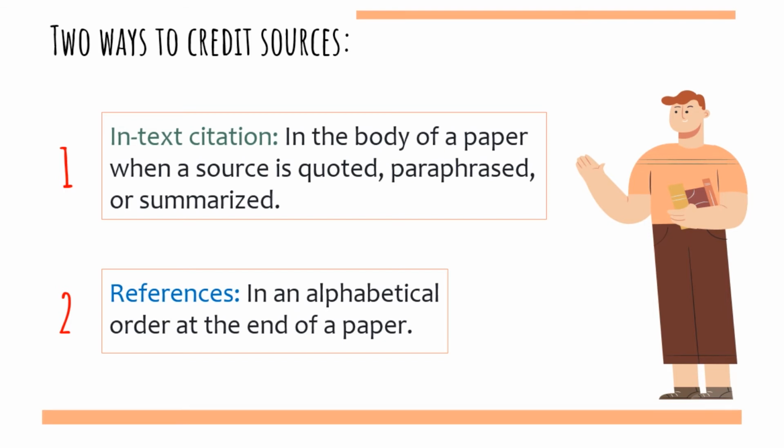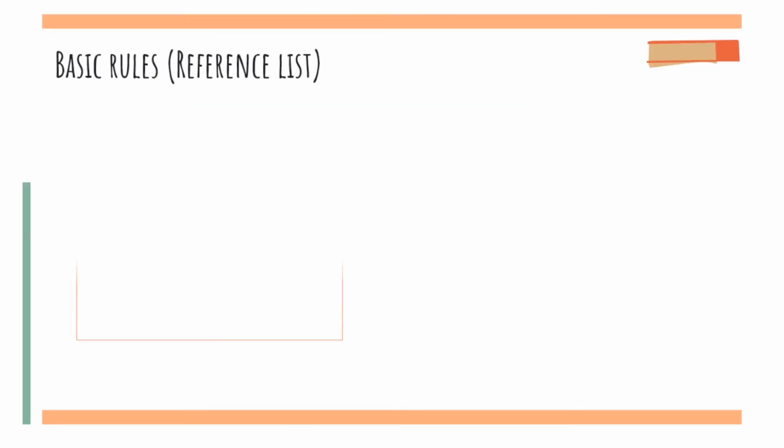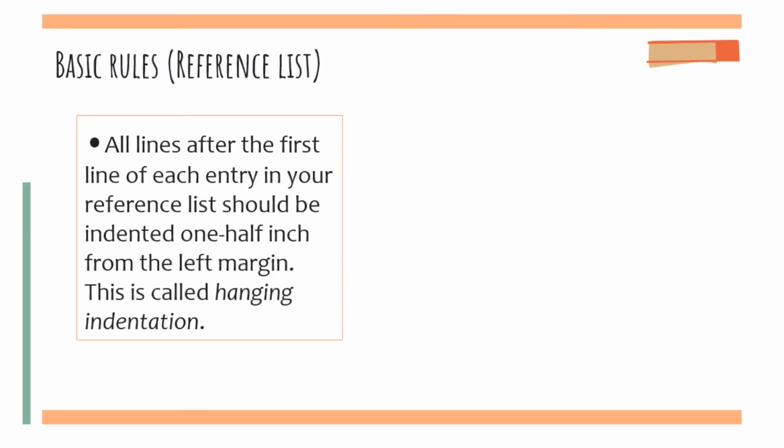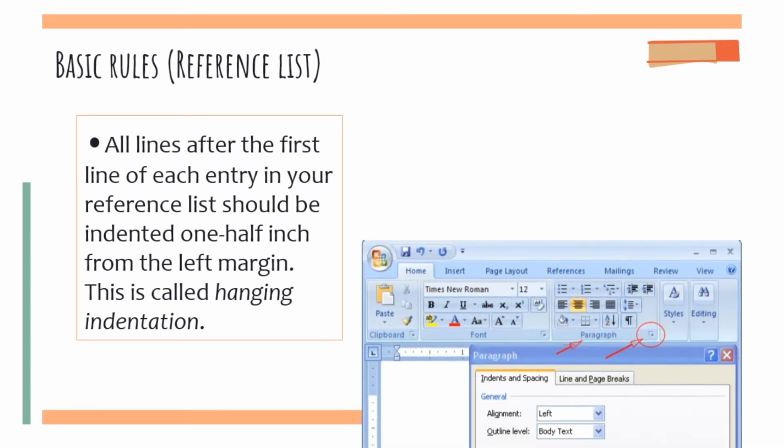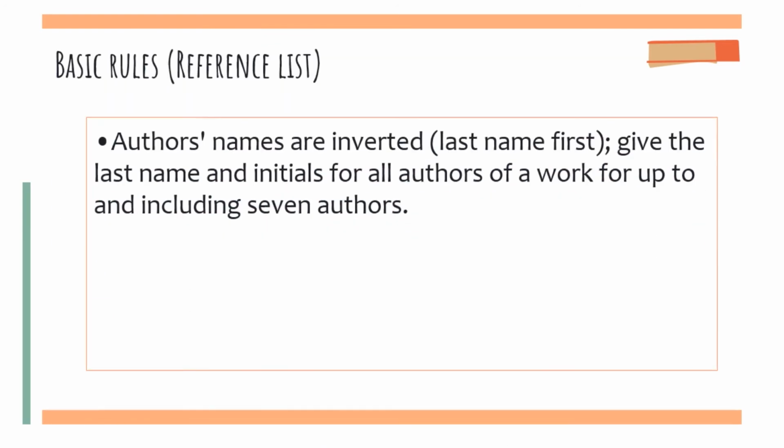What are the basic rules in writing references using APA style? Basic rule number 1. All lines after the first line of each entry in your reference list should be indented 1/2 inch from the left margin. This is called the hanging indentation. You may use this photo as a guide. The second basic rule is authors' names are inverted, which means it should start with their last name. Give the last name and initials for all authors of a work for up to and including 7 authors. Example: